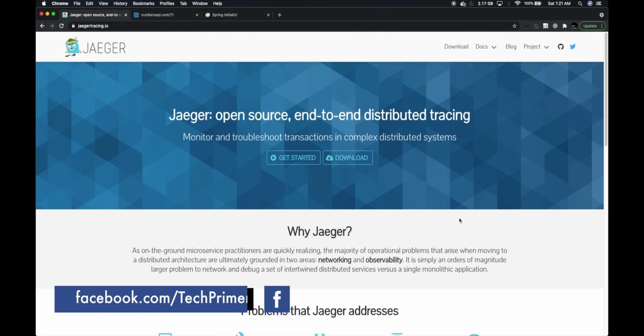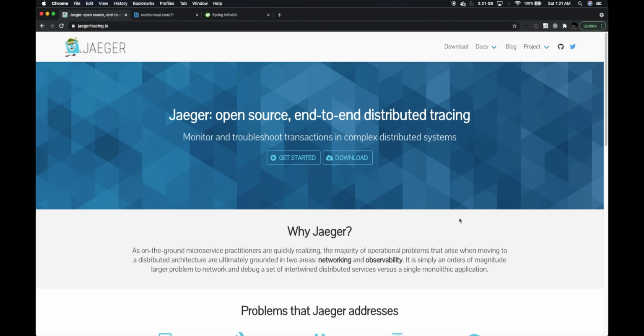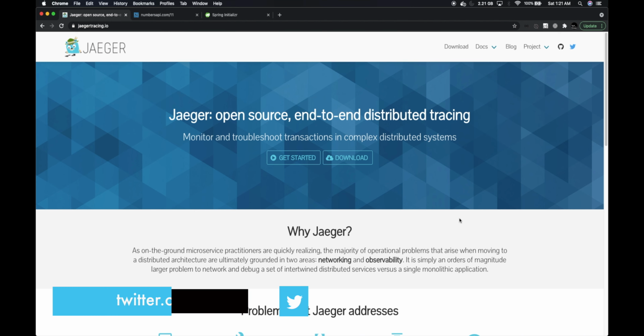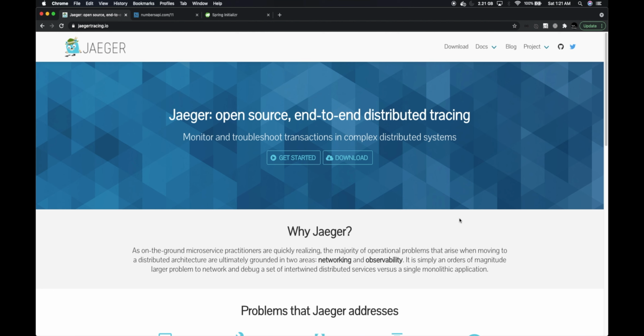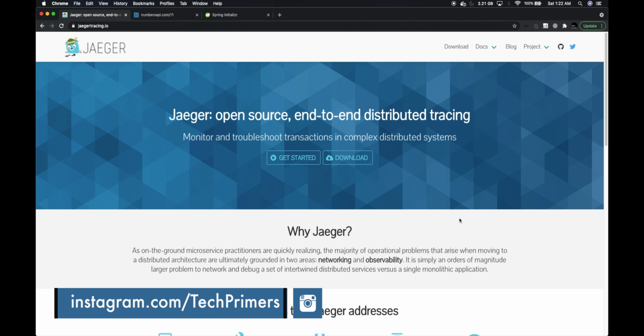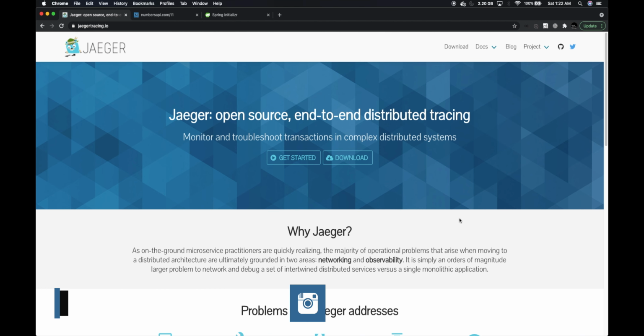Jaeger is an open source tool created by Uber for solving the end-to-end distributed tracing problem across microservices. In this video, we are going to leverage Spring Boot with Jaeger and see how we can leverage Jaeger to have end-to-end vision of our logs. I'll be creating a Jaeger client and Jaeger server microservice using Spring Boot, and we're going to create interaction between these two microservices and see how we can leverage Jaeger to see the distributed tracing across these microservices. Let's get started.